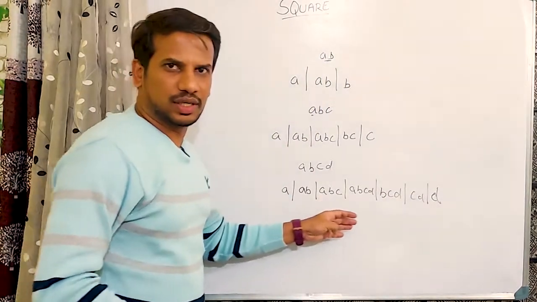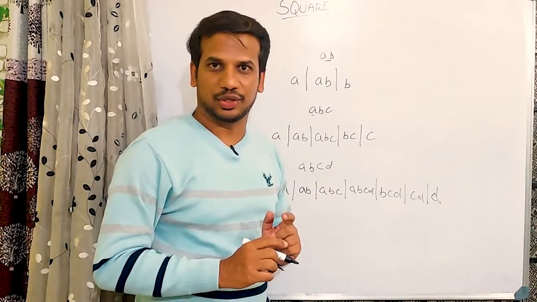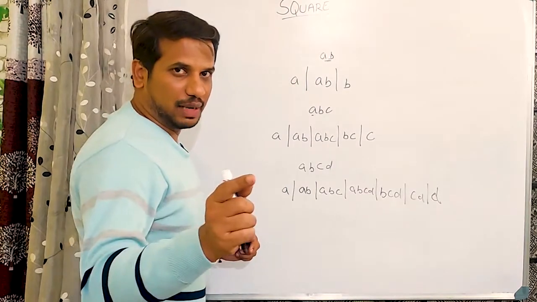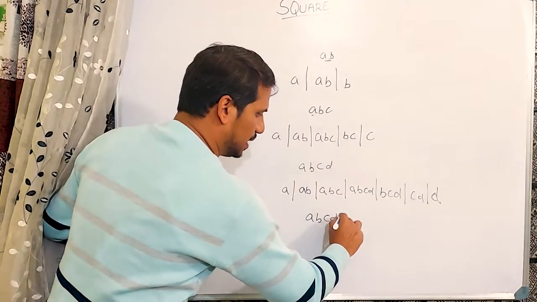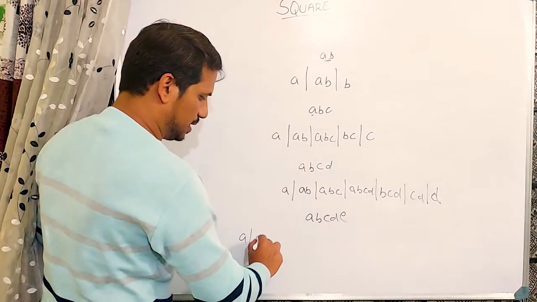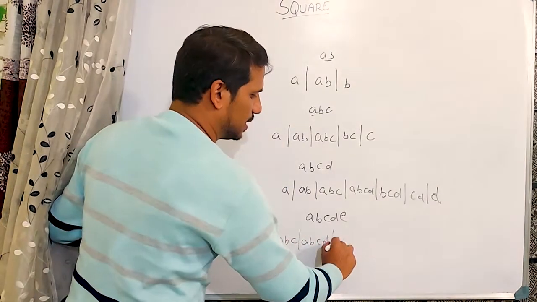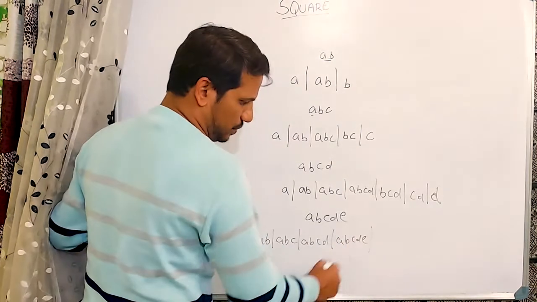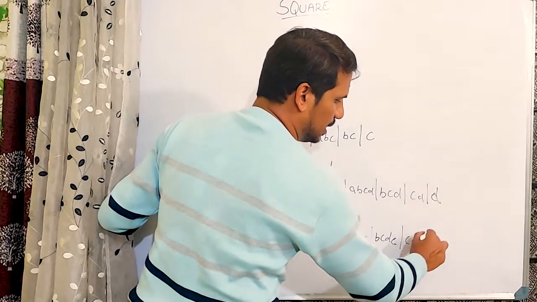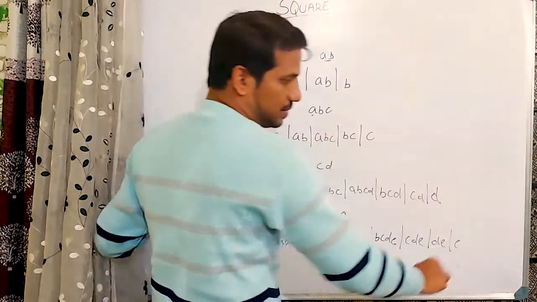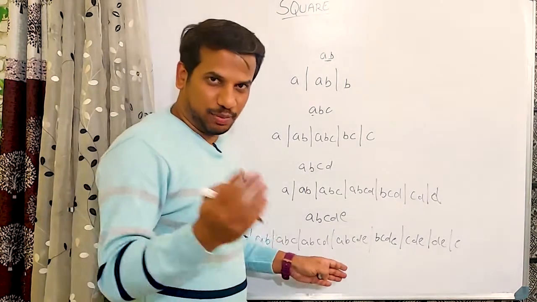So this looks very lengthy, but when you start practicing, this is the most easiest way, I can assure you. Okay, now I suppose you can write it for ABCDE, that is 5-digit number. So let's see, for ABCDE, what is it? A, AB, ABC, ABCD, ABCDE. Now keep on leaving BCDE, CDE, DE and E. We'll try out that with an example. This is not as complicated as you see here.